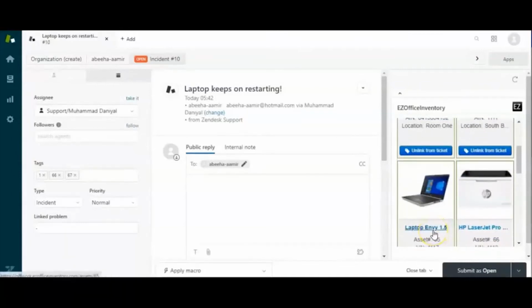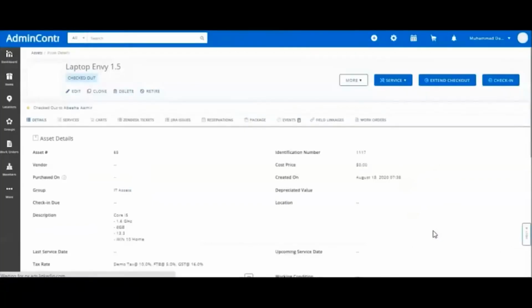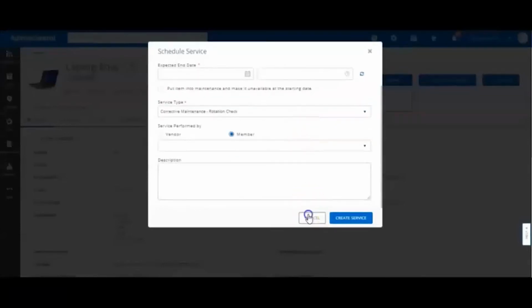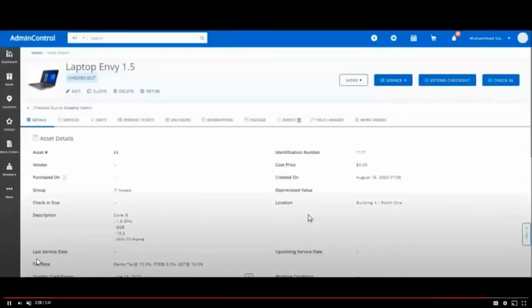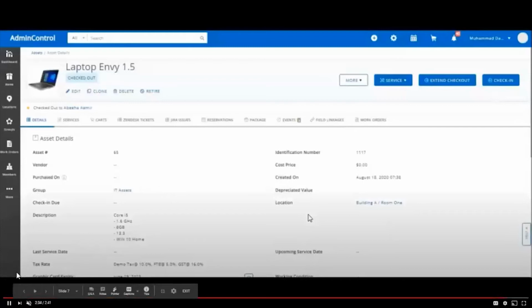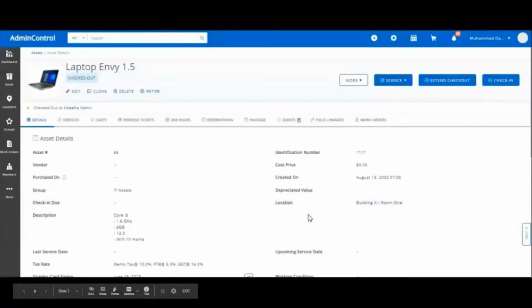As soon as I click on the item's name, I get taken to the Easy Office inventory app, from where I can just click on the service, then schedule, and after entering the relevant details, I'm good to go. So in this process, you must have observed how the latter part after the integration made for a much better user experience and made this whole process a lot less prone to errors as well.